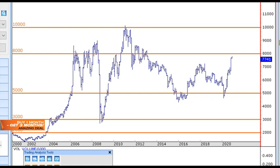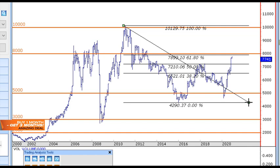We're looking at the monthly chart here for copper, and we're going to be looking at this more often. We're also going to be comparing this particular pattern to BHP and RIO and so on. What I want to point out with this long-term monthly chart is that we are now approaching, from this high to this low, the 61.8%,